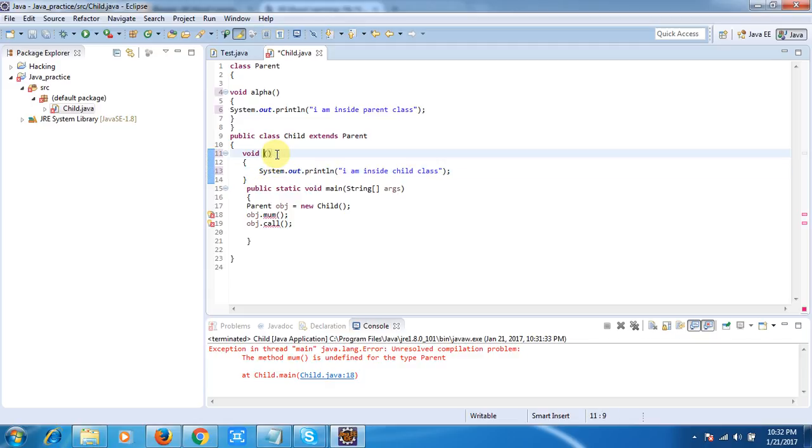Then it will access the child class method, not the parent class method. Let me show you. Dot alpha, let's run the program. The child class method will be called now, not the parent class method, in the case of overriding.